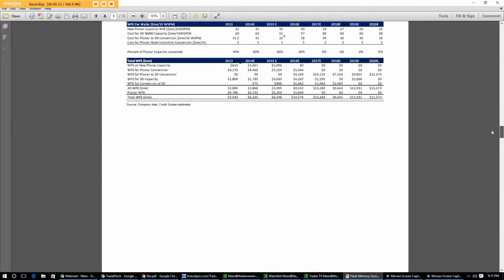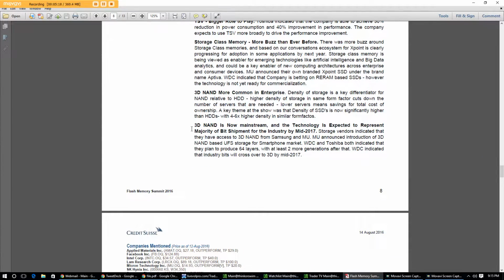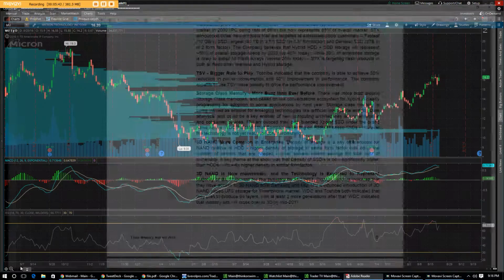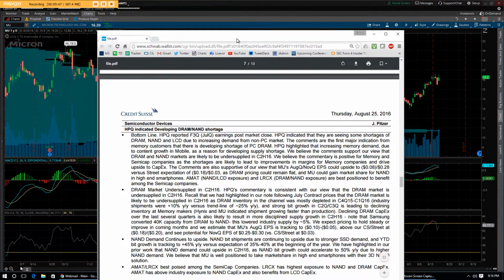But then I put this article aside. By the way, just to show you real quick, 3D NAND is now mainstream, and the technology is expected to represent the majority of bit shipment for the industry by mid-17. Again, this applies entirely to Micron. Storage vendors indicated that they have access to 3D NAND from Samsung and Micron. And so Micron announced the introduction of 3D NAND, blah, blah, blah. It goes into this whole thing. So this really caught my attention, but it's much more of a longer-term view,